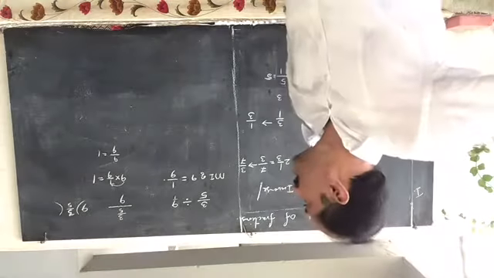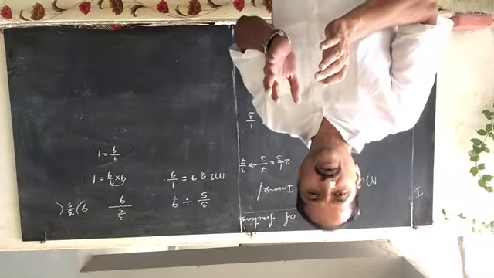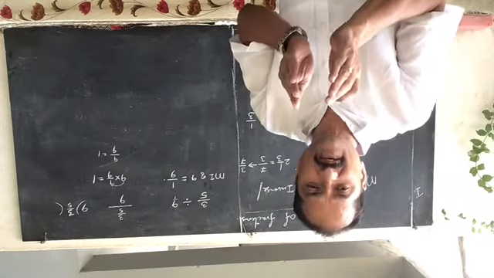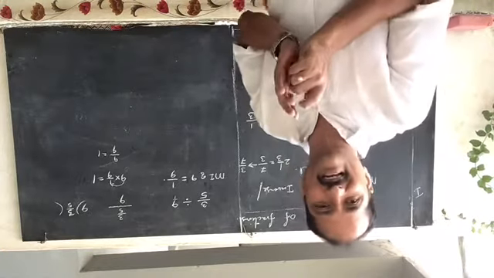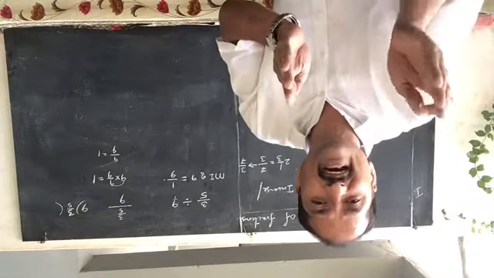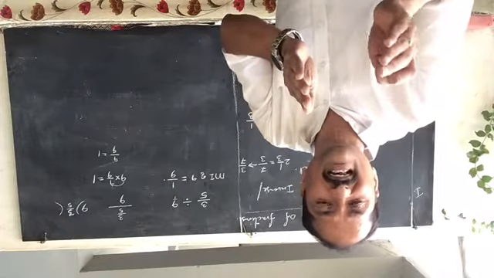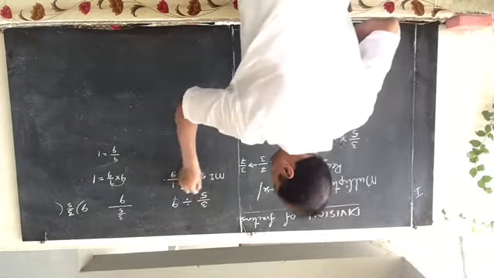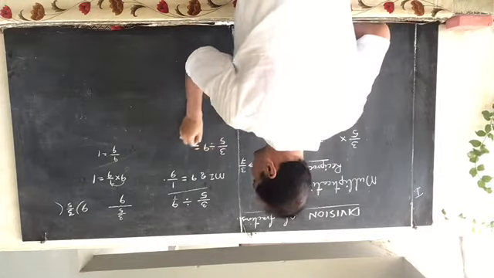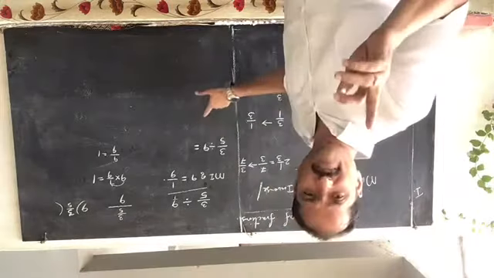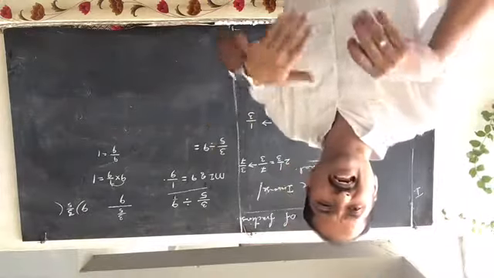Okay? Now, here you got the reciprocal. After getting the reciprocal, we should multiply the first fraction or whole number with the reciprocal of the second fraction, or the reciprocal of the divisor. The divisor here is 9. What is the reciprocal of the divisor? 1 by 9. So 3 by 5 divided by 9 is equal to, this is the inverse process of multiplication. Division is the inverse process of multiplication. So we are converting this division into a multiplication.